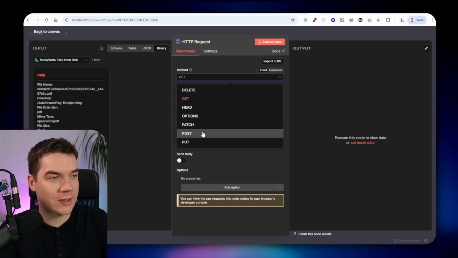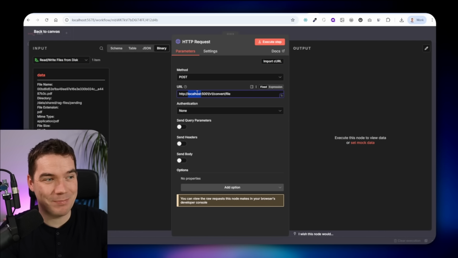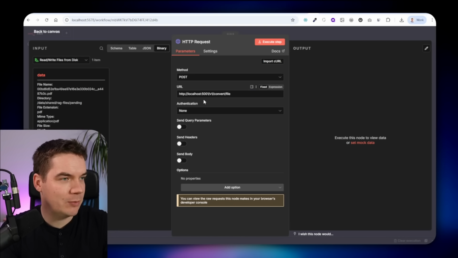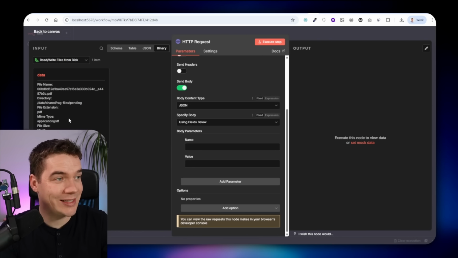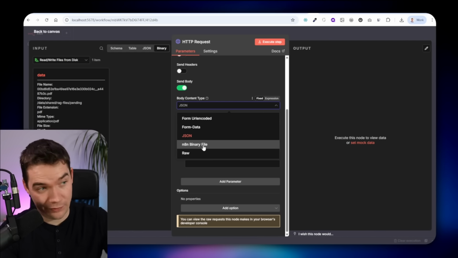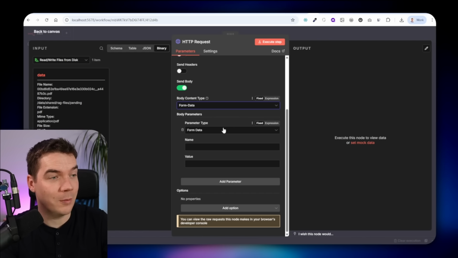And we're going to post to this endpoint. Now you'll see this is mentioning localhost, which is incorrect, and I'll show you why in a second. But essentially we want to pass this file to this endpoint. And in terms of the body to send, we're going to send the binary file. That's done using either N8N binary file, or you can also use form data, which is what I'm going